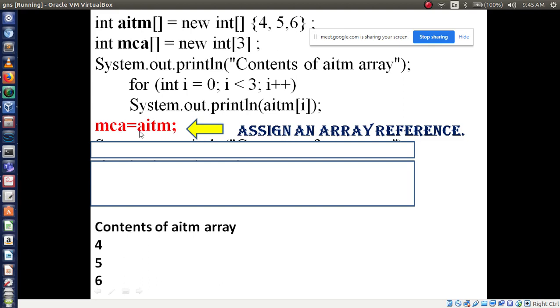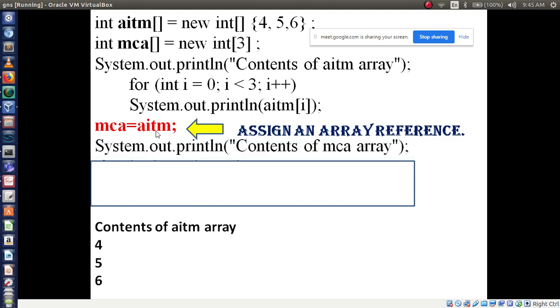This line is very important. Now I want to print the MCA array elements. How to print those elements? To print array elements, what to do?